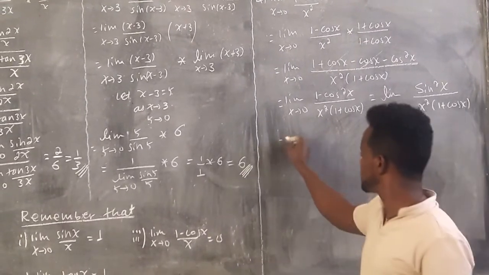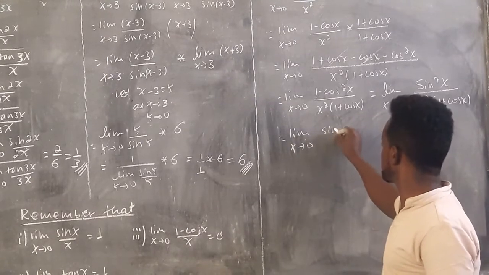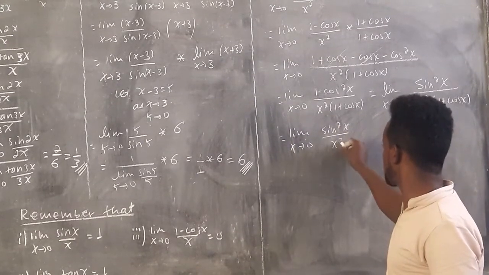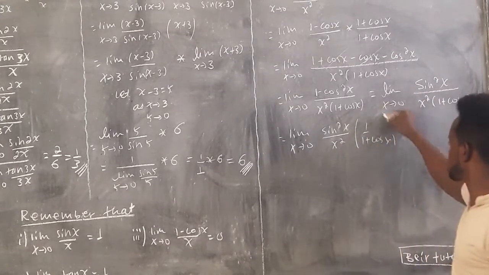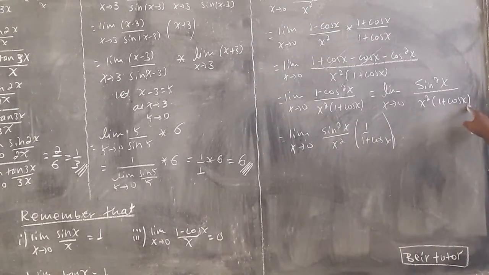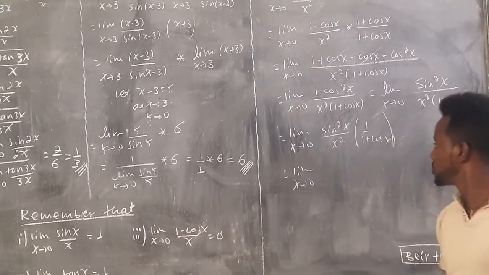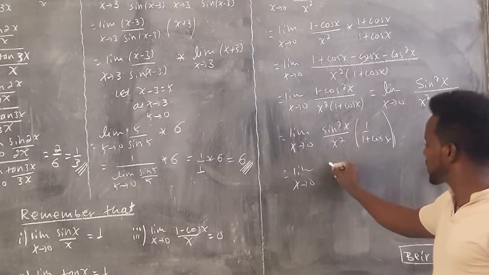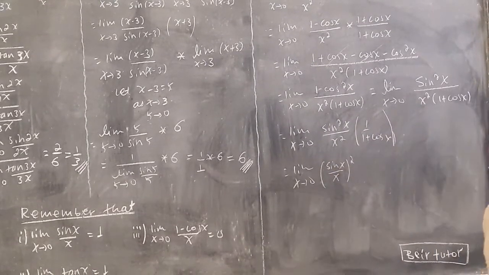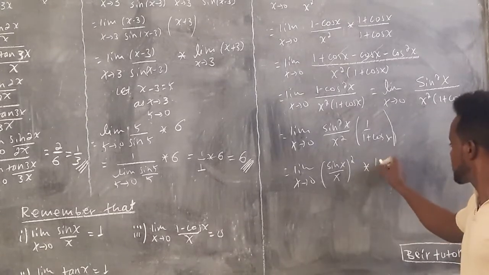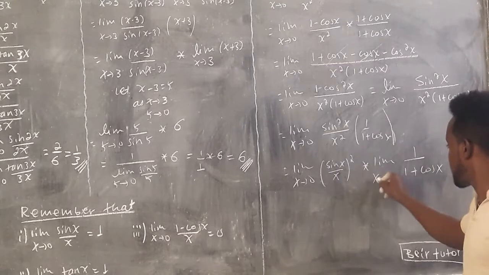So we can rewrite this as the limit as x approaches 0 of sin squared x over x squared times 1 over 1 plus cos x, or the limit of sin x over x, the whole squared, times the limit of 1 over 1 plus cos x as x approaches